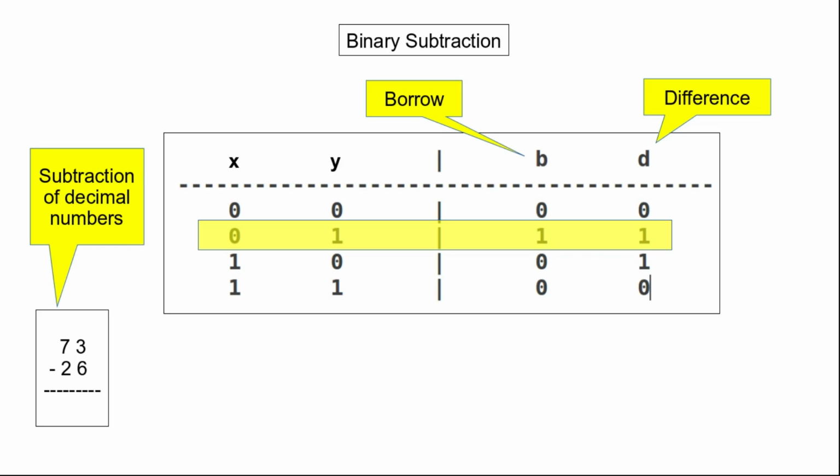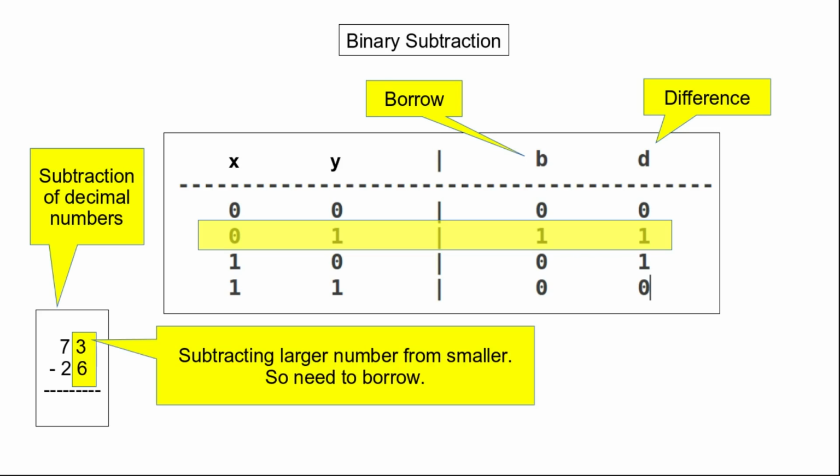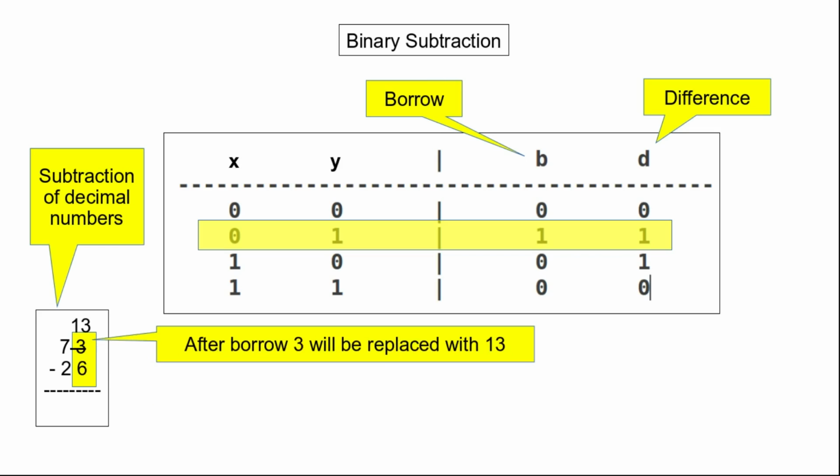Here I take the example 73 minus 26, and to perform this subtraction we first have to subtract 6 from 3 in the first stage, and as we try to subtract 6 from 3, we see that we are trying to subtract a larger number from a smaller number. Hence we will need to borrow from the previous stage, and when we borrow from the previous stage, 3 will